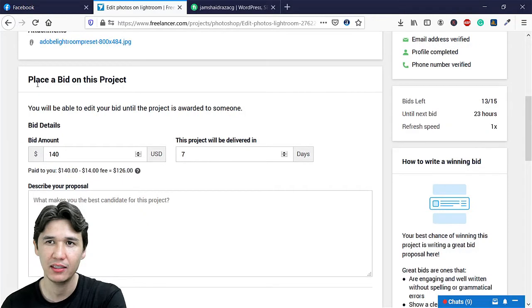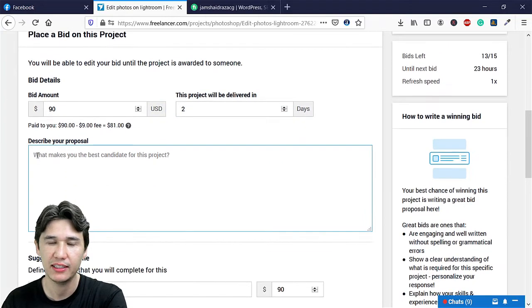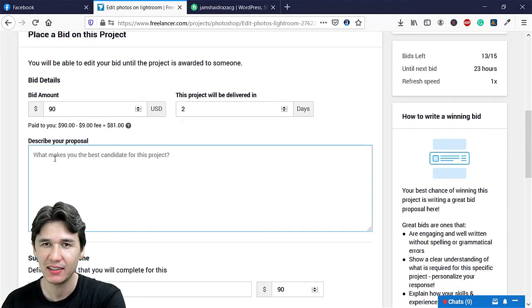Okay, now here you are going to place a bid on this project, and you have a money or bid amount. It means how much money you are going to take for that work or project. Therefore, you are going to give the amount and in how many days you will deliver that project. For example, I will say in 2 days, and you are also going to write a very amazing and appealing description about your project,